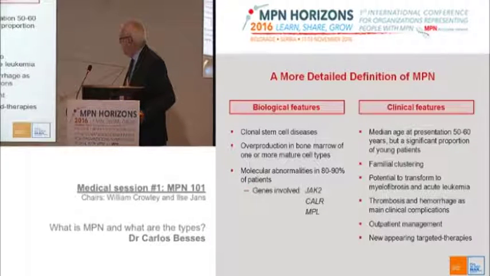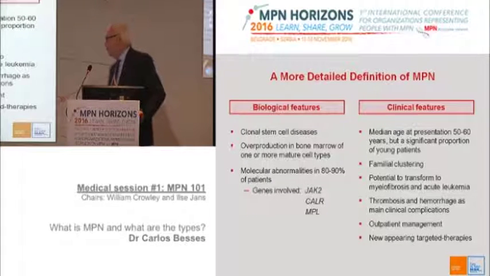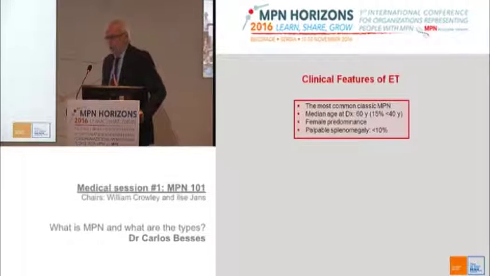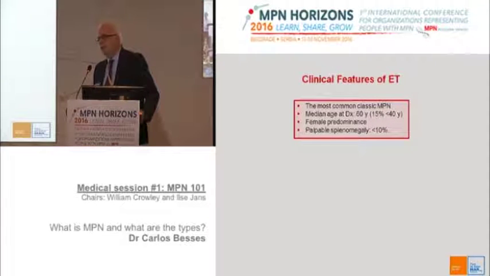There is a familial clustering, and potential to transform, as Dr. Mesa has mentioned, to myelofibrosis and acute leukemia, and vascular complications. These are diseases that are managed on an outpatient basis, and luckily we have new targeted therapies appearing. Now in the next slides, I will describe the main clinical features of each one of these